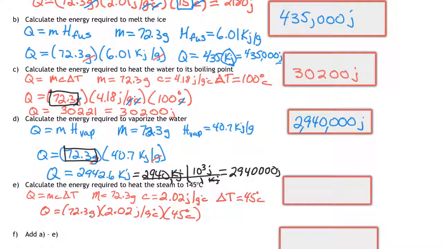Make sure my units are canceling off. I've got gram, gram, Celsius, Celsius. The only thing I'm left with is joules. I put that in the calculator, and I get an answer of, this was kilojoules. Didn't copy that down right. No, it wasn't kilojoules. Okay, now I'm going to go ahead and put that in my calculator. And that will give me